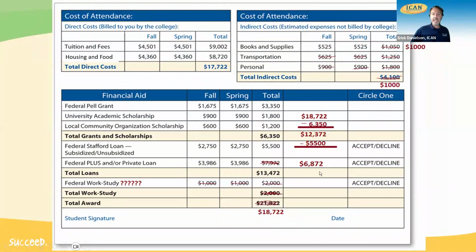And what we're looking at then, when we talk about the gap funding and what you might have to look for, the PLUS loan or the private loan, then you would be looking at this amount with this example right here. But with each financial aid offer that you receive, this is the way we would want you to do it, to try to figure out what your bottom line costs are going to end up being.